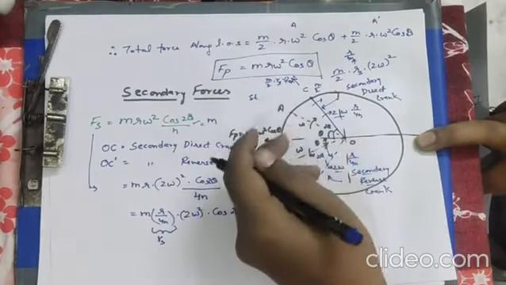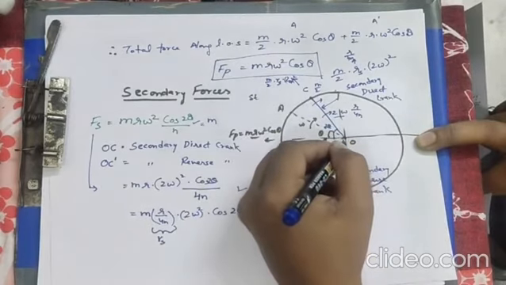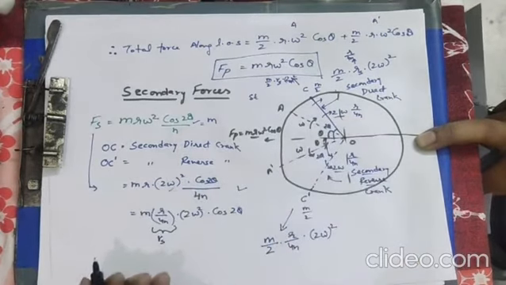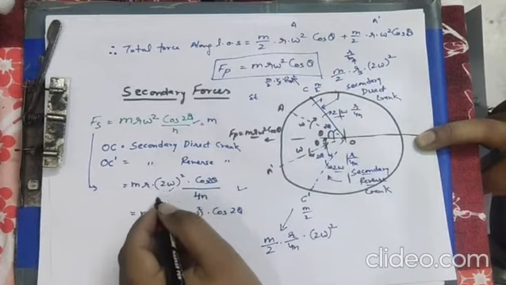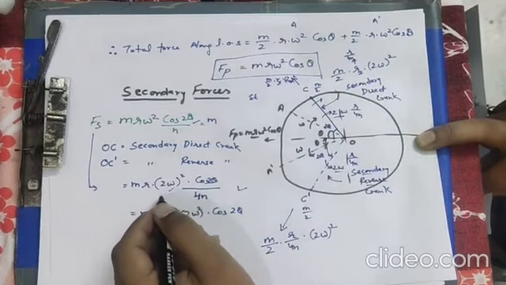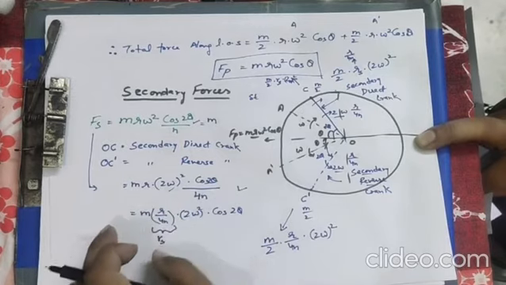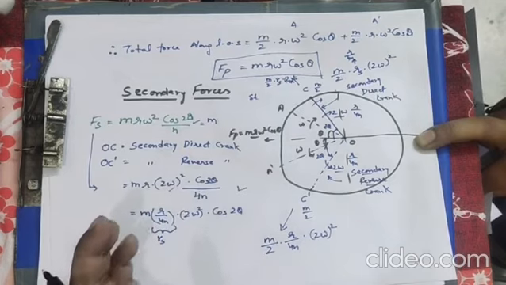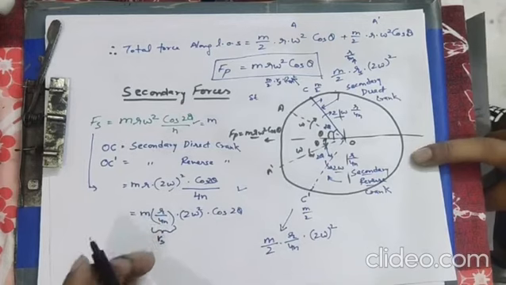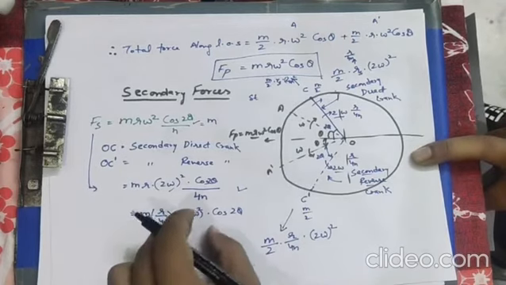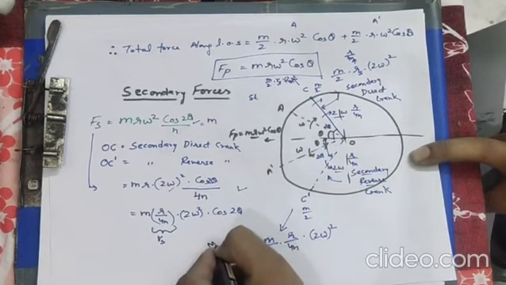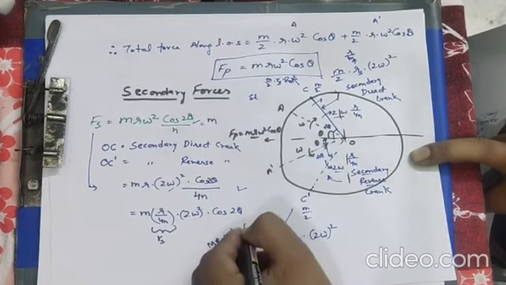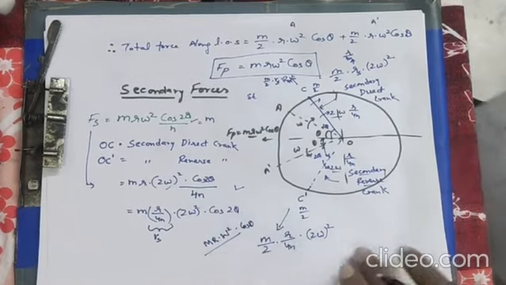So our crank for the secondary forces would have traveled double the distance traveled by the primary crank. So the secondary direct crank OC would have traveled with double the speed. So mr into the speed with which the secondary direct crank is traveling, that is 2 omega square. So we have just made it simpler in this form to convert it into the component of centrifugal forces. So r becomes this. Our equation is taken as the general term of mr omega square into cos component. Yes, so this was the main logic behind it.